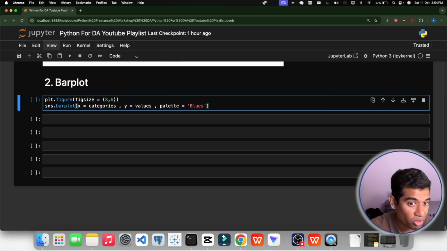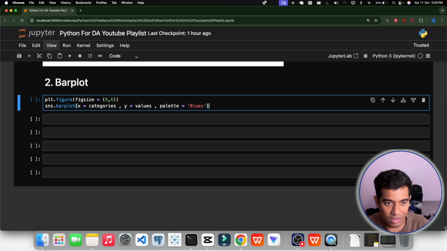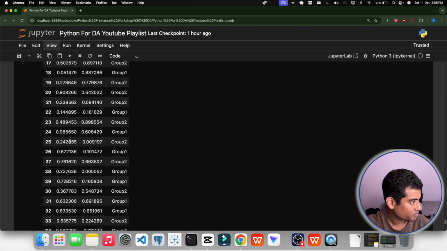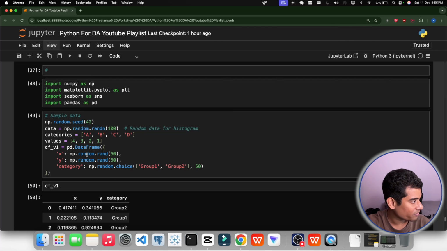So what are all those x, y, palette? sns.barplot plots the categories on the x-axis and values on the y-axis. The palette equal to Blues parameter applies a gradient of blue shades. So it will take the categories on the x-axis and the values on the y-axis, whatever data we have made here.